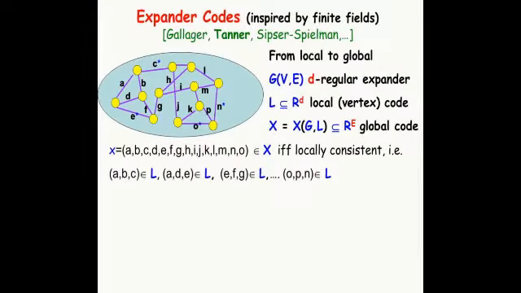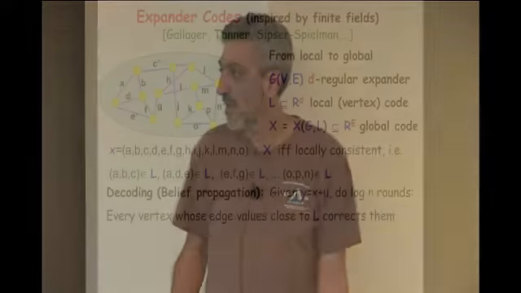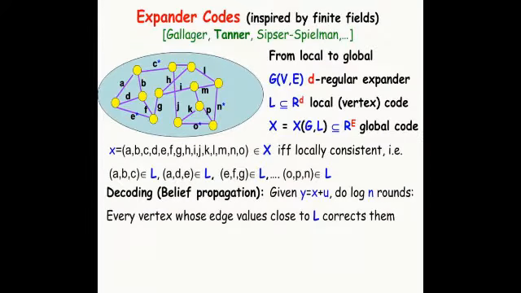I don't know if you noticed that now I put arrows in the picture. So here is the original vector. Now somebody came and spoiled a small fraction of the edges. Just some of them are stars, some arbitrary values that are arrows. And we want to recover the original data. So the way to do it, belief propagation, says the following: